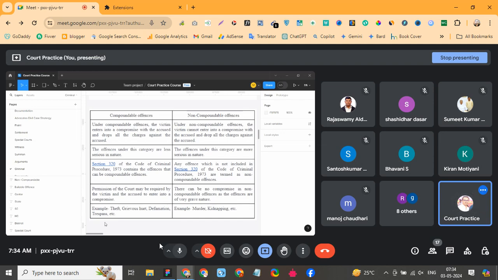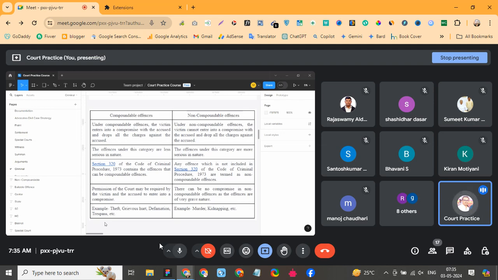Whatever case is registered in a court of law as a criminal complaint, if the victim grants a compromise or an amicable settlement, then the case or the particular head of charge against the accused might be vanished or diminished because the victim wants to compromise in this particular suit. That is why many non-serious kinds of offenses, which are not that serious in nature, are compoundable. In this kind of crime,